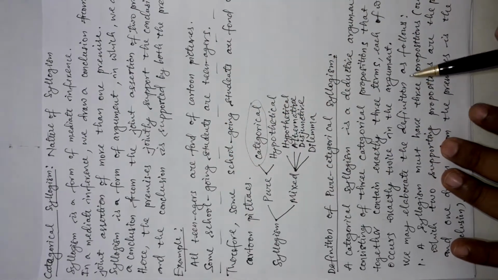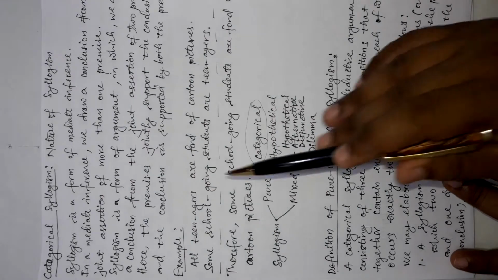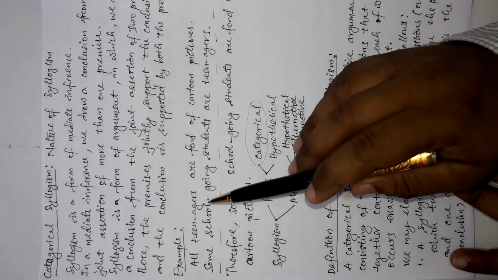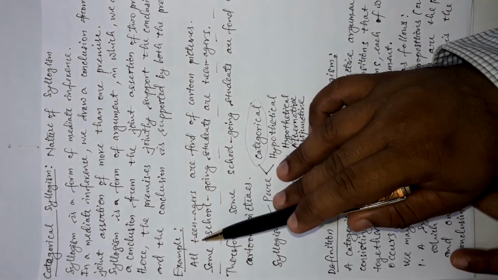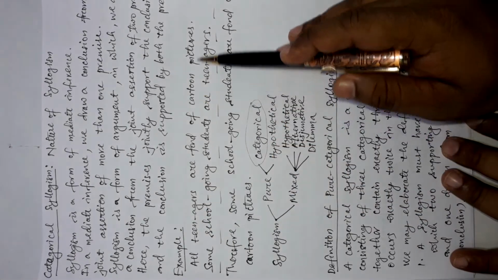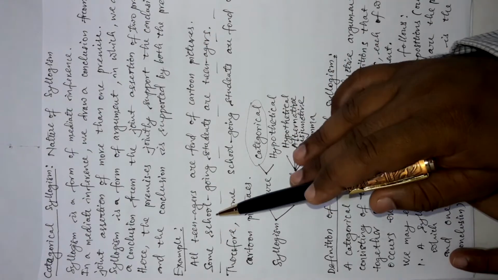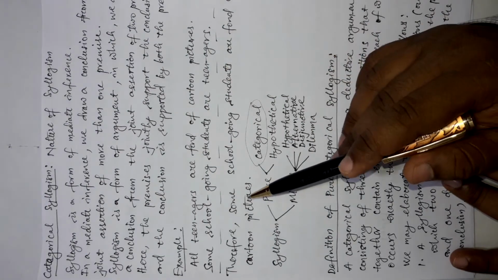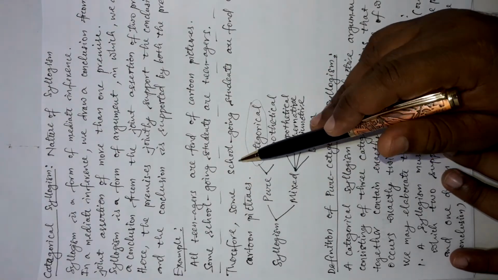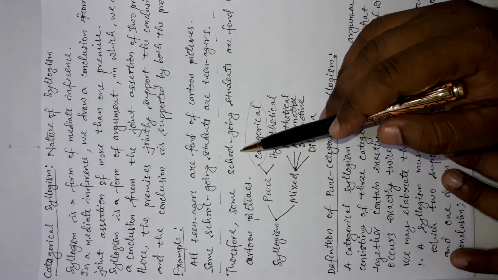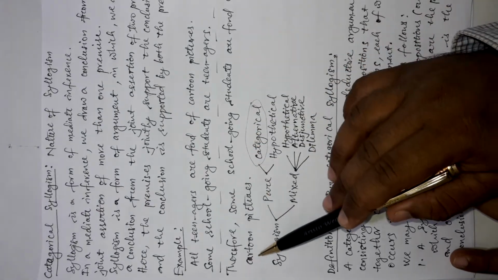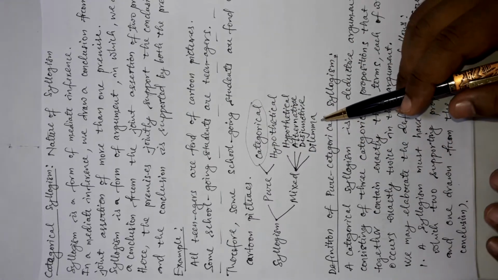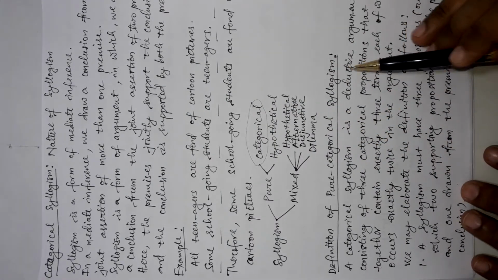And the last fact is that every proposition should contain only two terms out of these three. So, you see the first proposition contains two terms, teenagers and cartoon pictures. The second proposition contains two terms, school going students and teenagers. And the third proposition, which is the conclusion, also contains two terms, that is school going students and cartoon pictures. Okay. So, this is the definition of pure categorical syllogism.